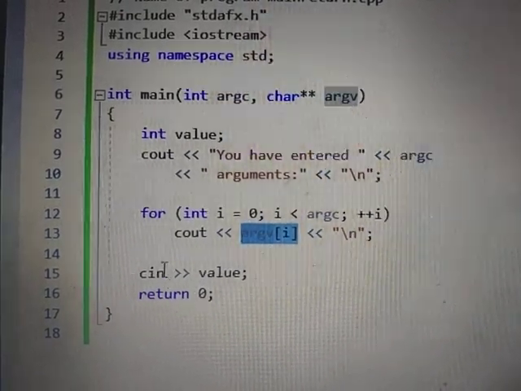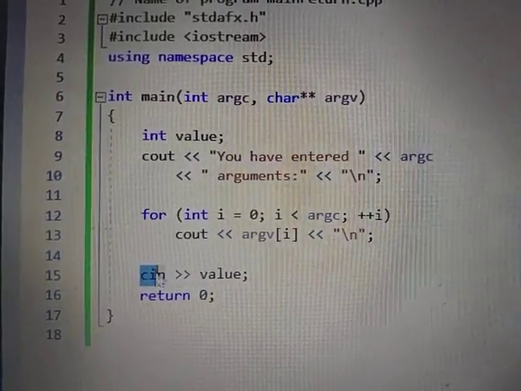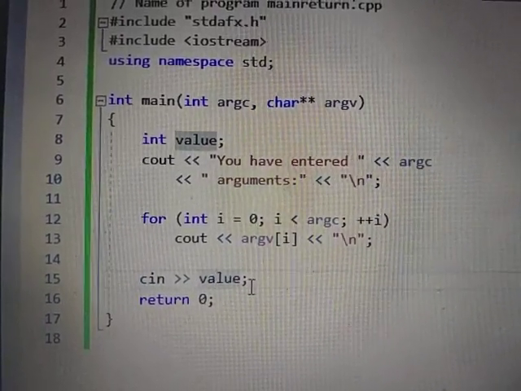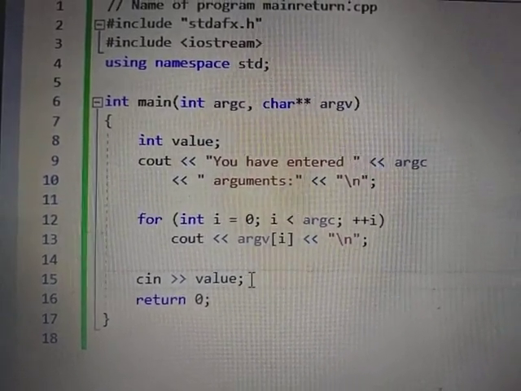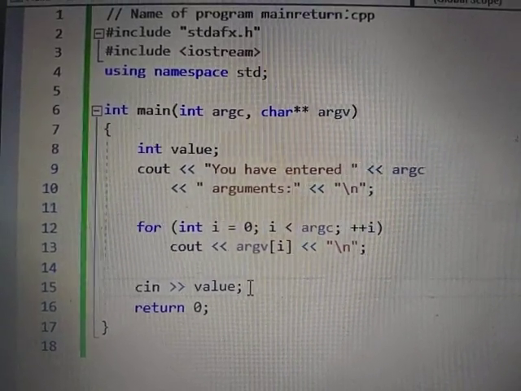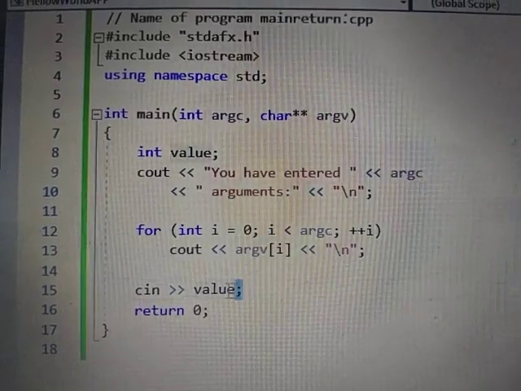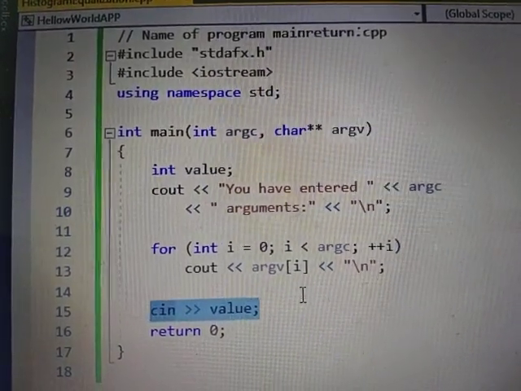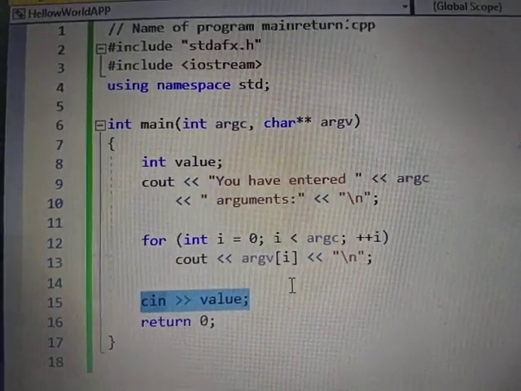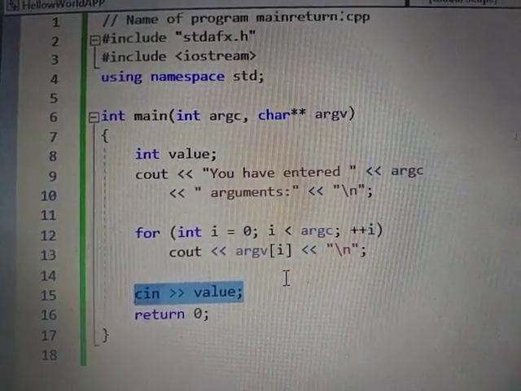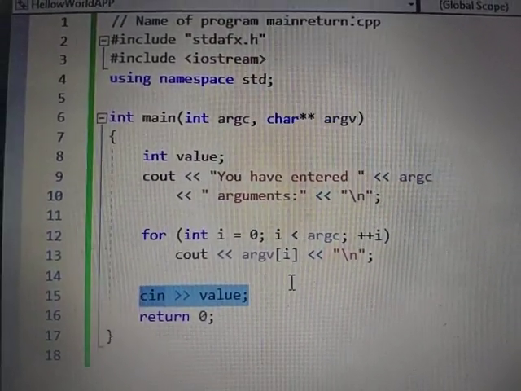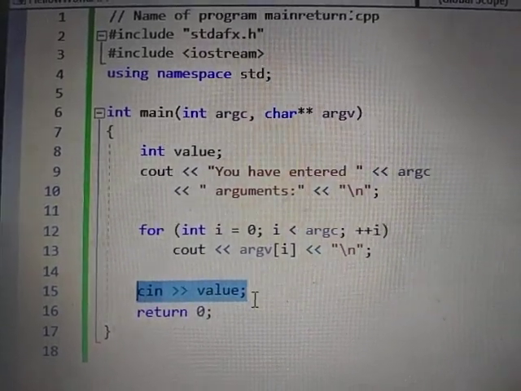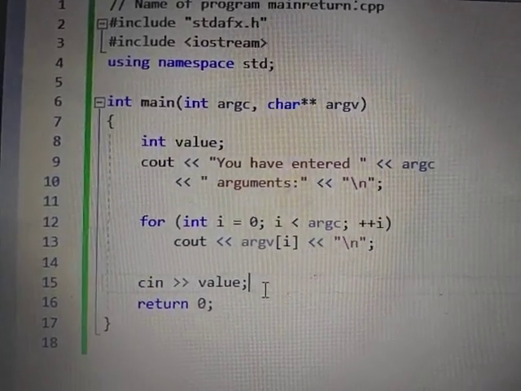Here cin is an input function, which takes a value. It is here basically to stop the execution. If I don't put this, it will execute, the window will just appear, and immediately it will close. To stop that, I have put the cin at the highlighted line. Now I will show